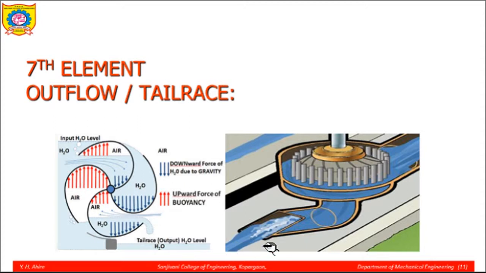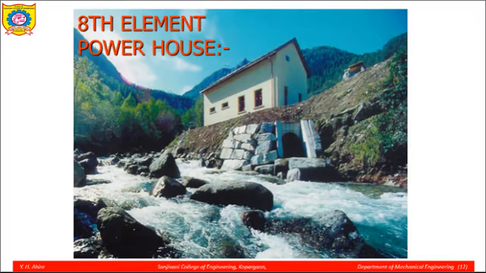So it is the tail race canal, and further the water can be used for irrigation purposes once it is used in driving the turbine. One can find a small powerhouse like this, where a very small water turbine and generator is installed in a hilly region so as to produce electricity to be used in the remotest areas of a hilly region.